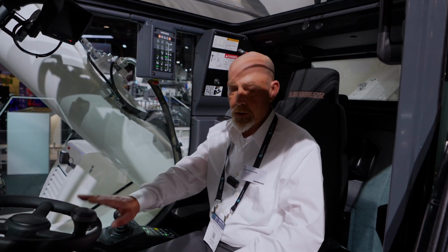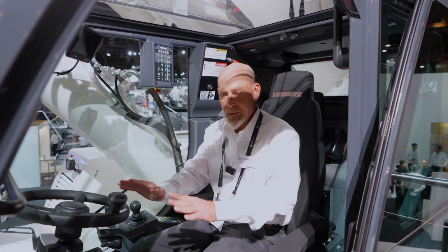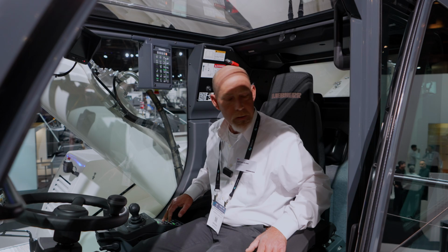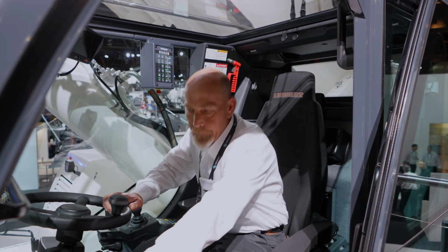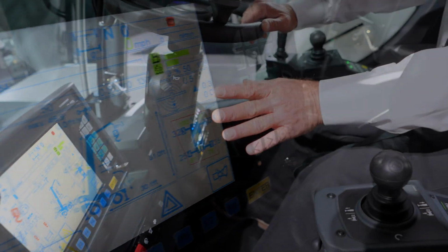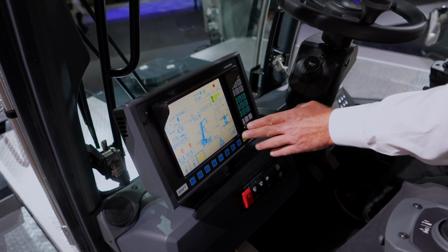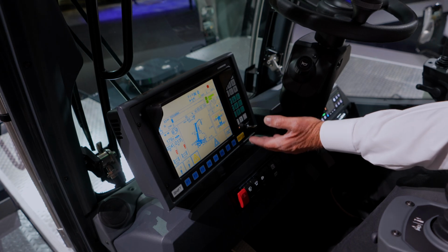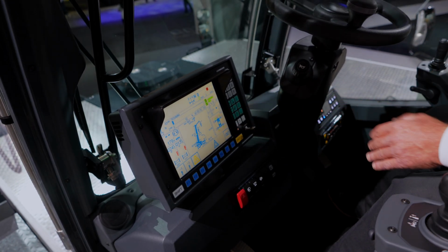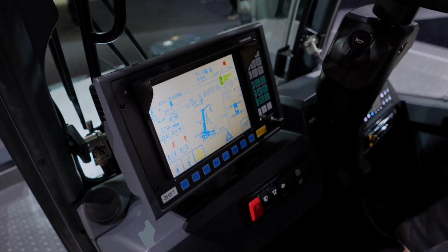One of the things as far as this machine is keep it simple and safe, which is an acronym for KISS. This was the main development, so it's very easy. All the controls are clearly labeled with fingertip push buttons. And as far as safety, we have our Lecon control system, which monitors all the controls of the crane and also keeps us within the safe capacity ranges that the crane is designed for. So we have angles, length of boom, capacity, radiuses, outrigger monitoring pressures, winch control, and slewing, which is our swing degrees. If we're over the front, over the rear, over the side, it keeps monitoring for us, which also